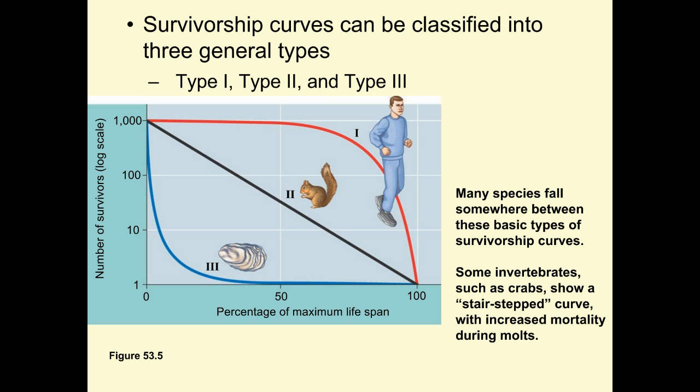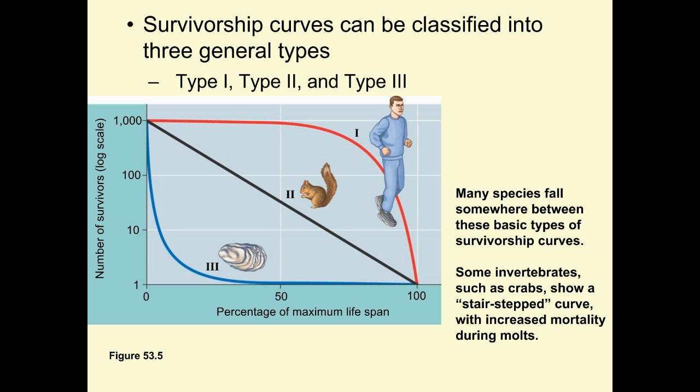So here, we have a high level of survivorship. All of them are surviving. Almost everybody's surviving. Here, we have a low level of survivorship. A lot of them are dying off. Okay? Now, we have three types of curves. Type 1, type 2, and type 3. We are type 1. If we were to count up the number of human deaths, where do we get the greatest number of deaths? People who are 0 to 5 years old or people who are 80 to 90 years old? Right? A larger percentage of 80 to 90-year-olds are dying than 0 to 5.